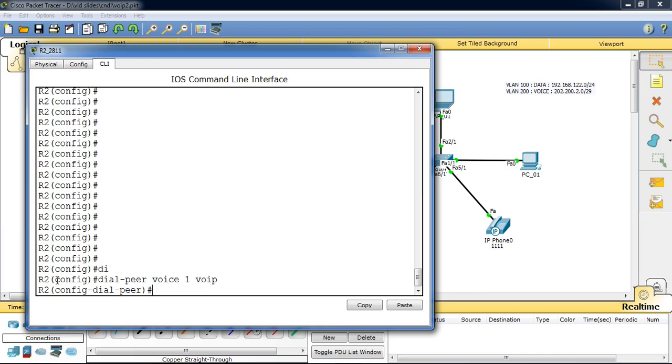So you can see your prompt is changing from config to config dial pair. Right, so I have to say what's the session that we are working on and what's the target. So I'm going to say session target. I'm going to use the version IPv4 because I'm using IPv4 here. So I'm going to say IPv4,